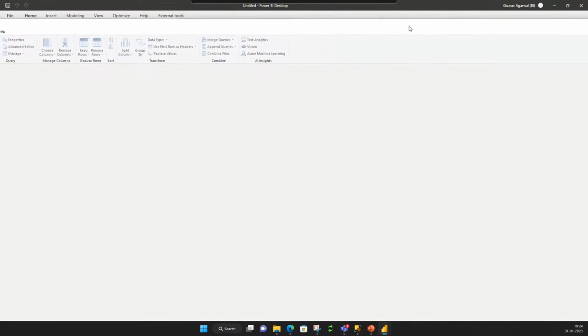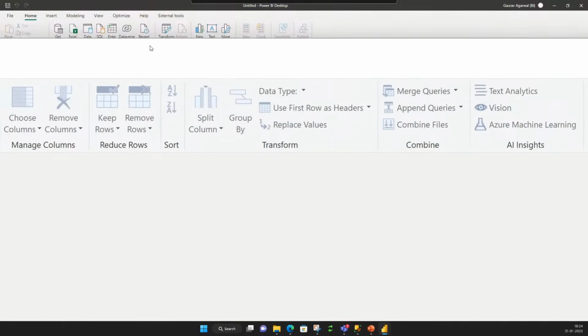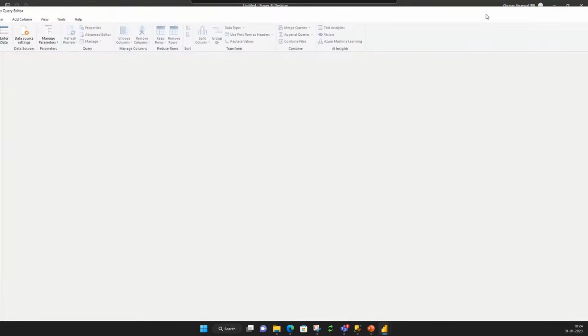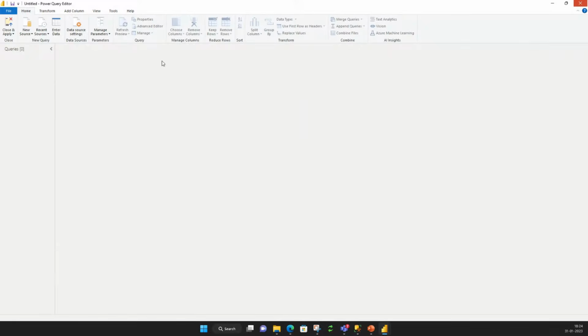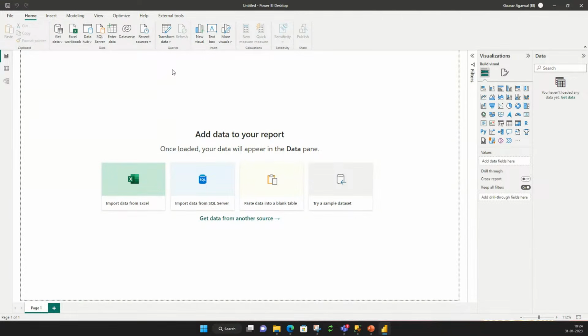Okay. So this is another thing. So let me close this window. Okay. Now, if you see here, there is a button which is known as Get Data. Okay. Now, once you click, I'll take you to More directly. And once you click on More,